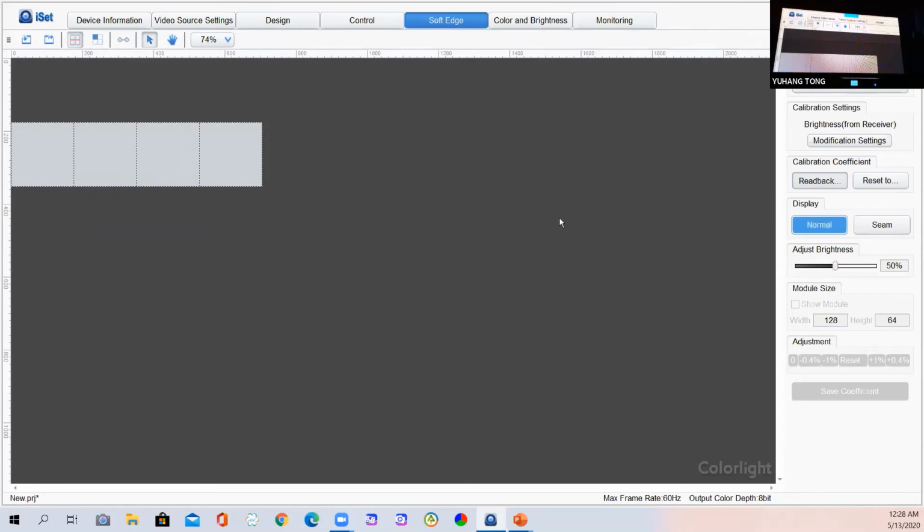Again, if the LED video wall has already been calibrated, do not reset the calibration coefficients unless you will only perform the advanced one, because the advanced Softedge will not change the calibration coefficients, but the normal Softedge will. If you click reset here, it will change all the calibration coefficients. So don't do that if the LED video wall has already been calibrated. Okay. And now we'll go to the